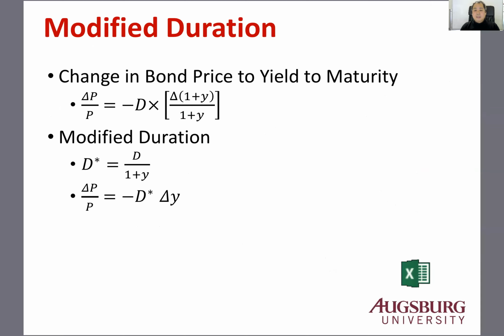So if you go back to the slide now, we have modified duration. Modified duration equals duration divided by 1 plus y. Then you can directly see the price changes. So again, if you look at the spreadsheet again,